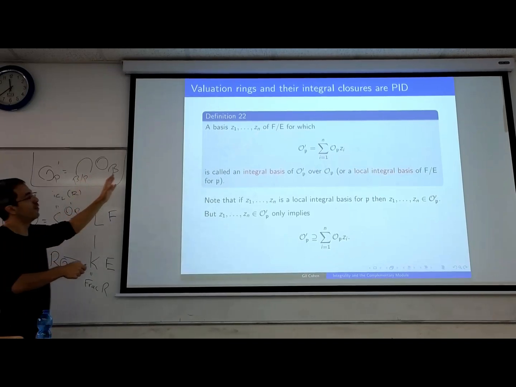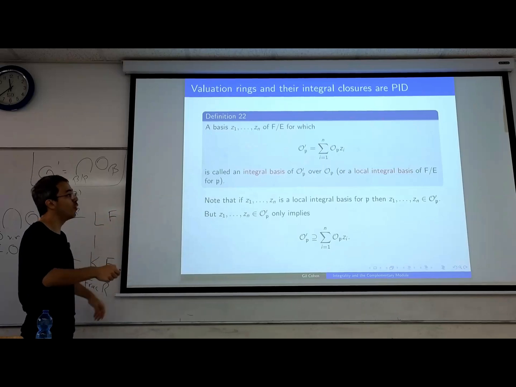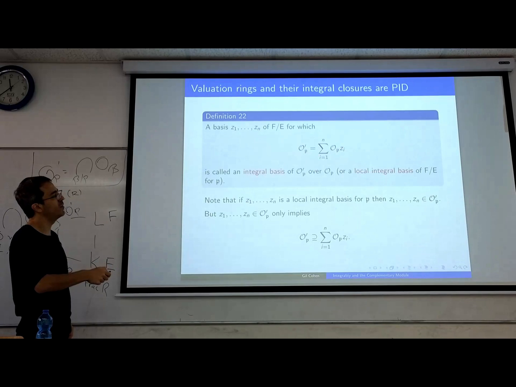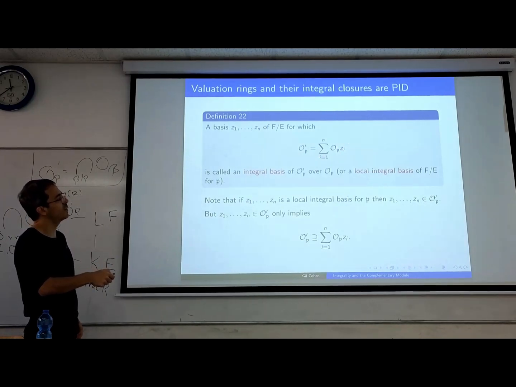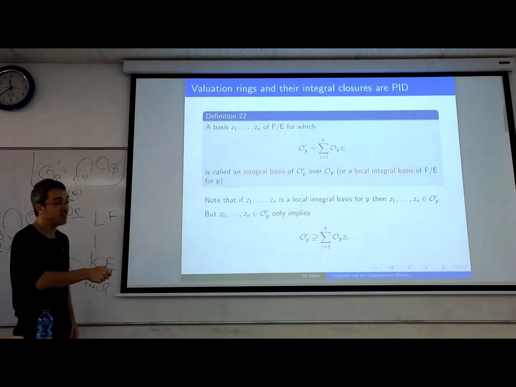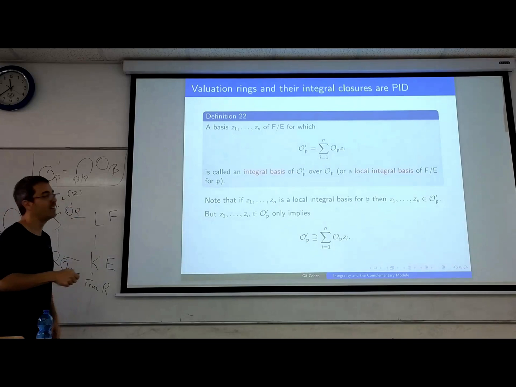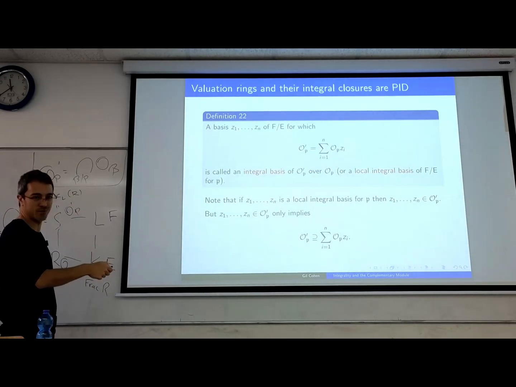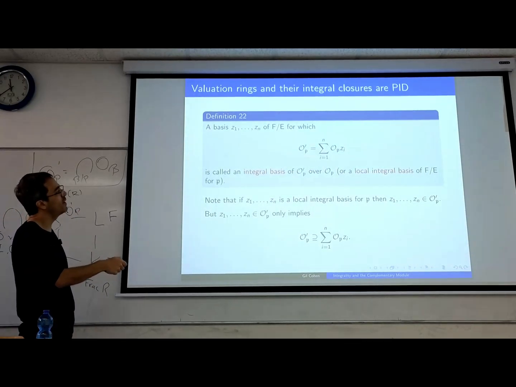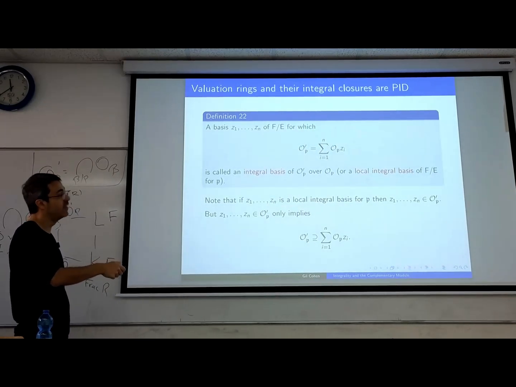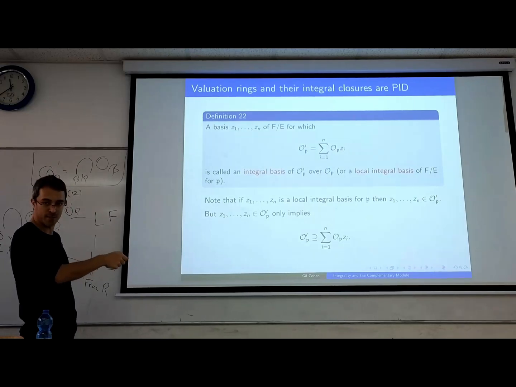So a basis of F over E, for which this holds, I'm going to talk about it for a while, but on one side you have O_P prime, and on the other side you can form all kinds of sums where the coefficients come from O_P. O_P is in little e, is in E, it's small. It's like the scalars, and these are the vectors of the vector space. So if O_P prime is precisely this sum, namely things you can get using scalar multiples of these basis elements by O_P,